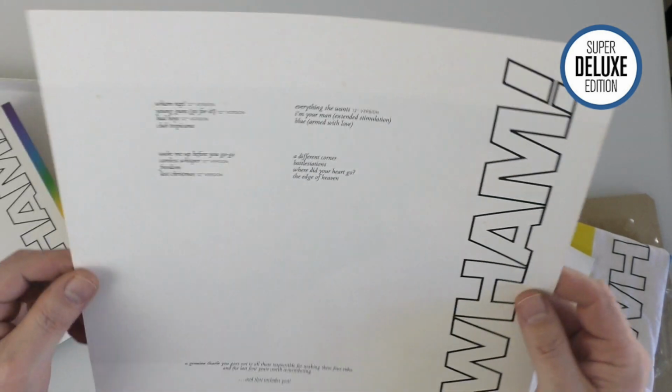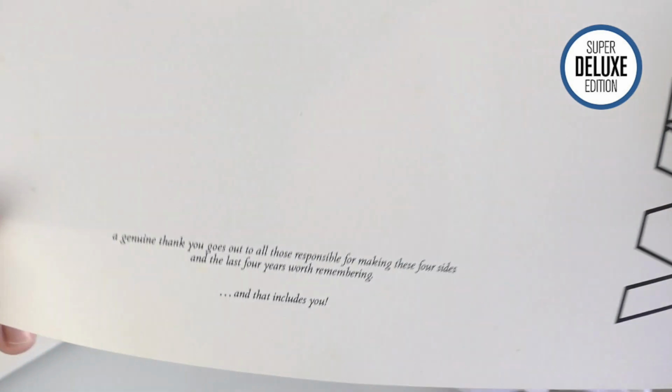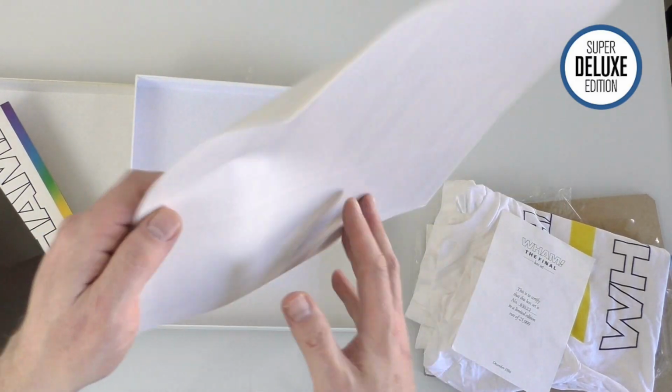This is like an insert. Maybe this actually went in the record, I can't remember. This is a little message saying thank you, basically. That's kind of like one of the last photo sessions from '86. And last but not least,